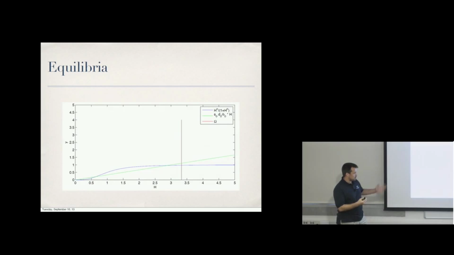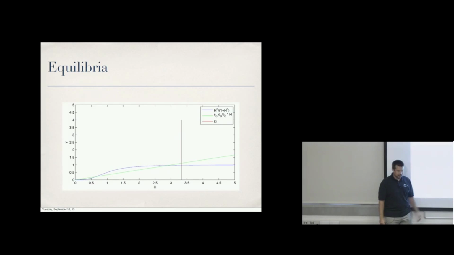And basically, it comes down to a graph. You have to have this blue curve intersect with this green line, and the intersections have to happen somewhere to the left of the red line. Okay,